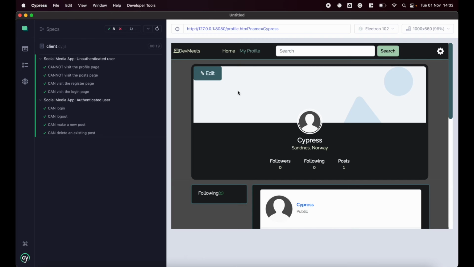I'm using the devmeets repo here instead, and because this uses individual HTML files for each of the views instead of a single page application structure like I have used in mine, which was kind of a bad idea, it's a lot easier and quicker to write these tests and to make sure they're reliable. So if we run through these again,